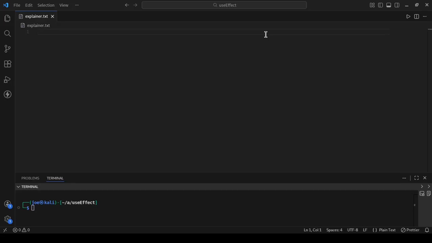useEffect is a React hook that allows you to perform side effects. But wait, what are side effects? Side effects are operations that are outside the render cycle of a component. So in React, components are supposed to be pure, meaning they're supposed to take props and states and return UI